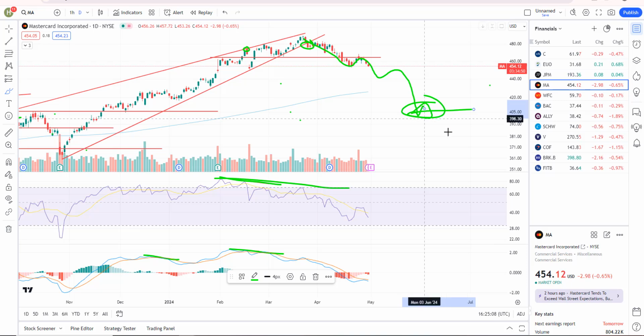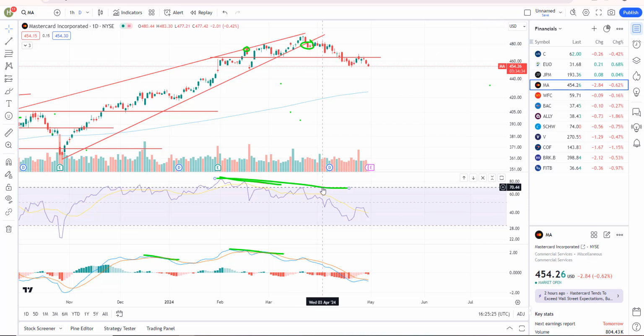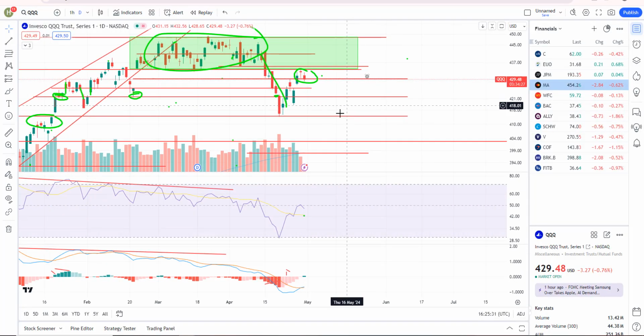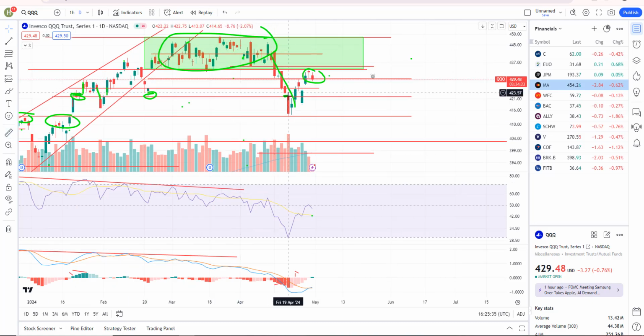So I try to anticipate, I try to put out trade setups well in advance of the trade actually playing out, which means you're not going to just start to typically make money from day one that I put out the video, all right? You have to let trades kind of build and set up and trigger and then just work. You got to give them time to work, all right? Trades don't work overnight.